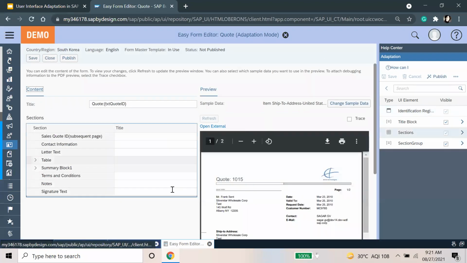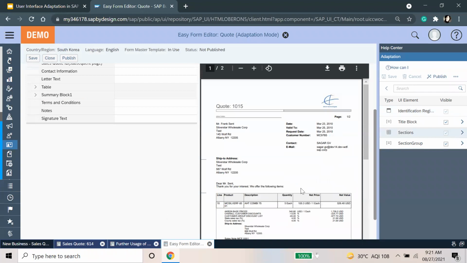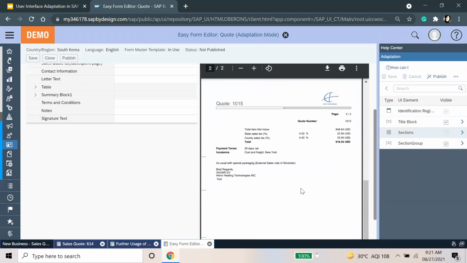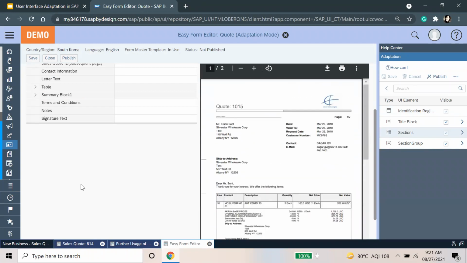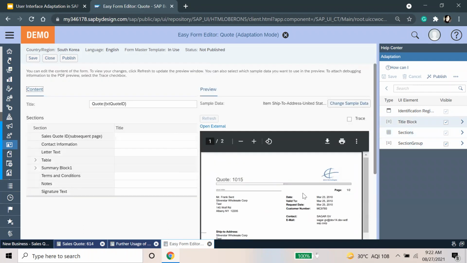Sorry, it's taking time. Yeah. So this is how the form template looks. If you want to publish this on this screen, we can just simply click on publish.